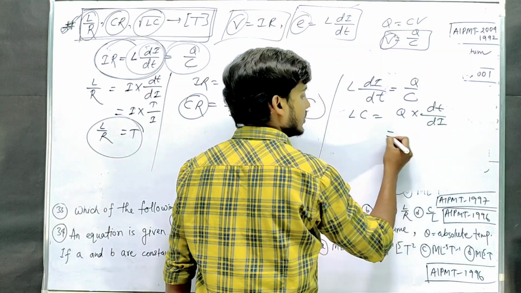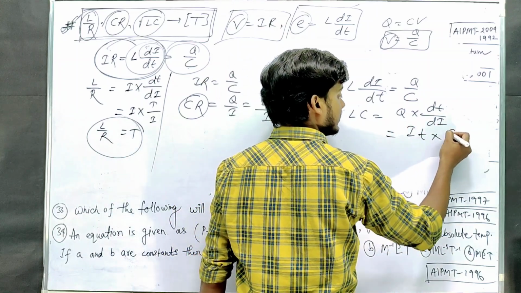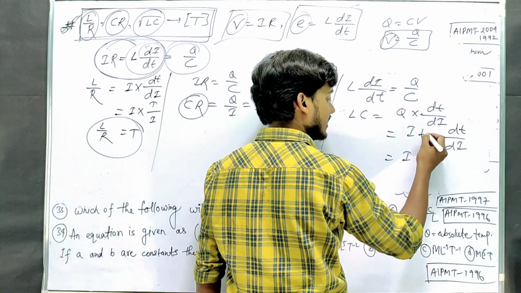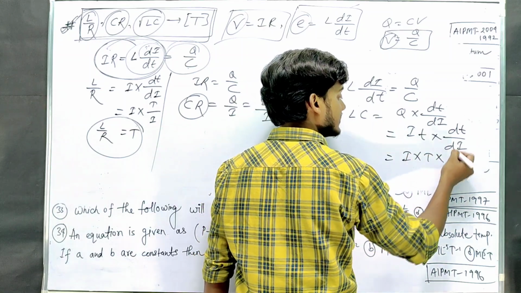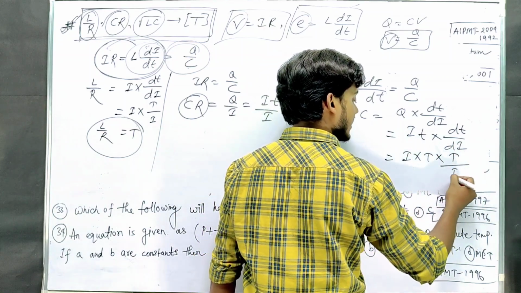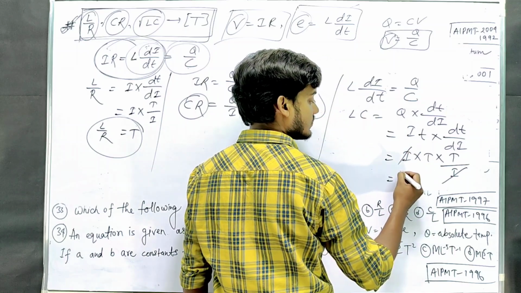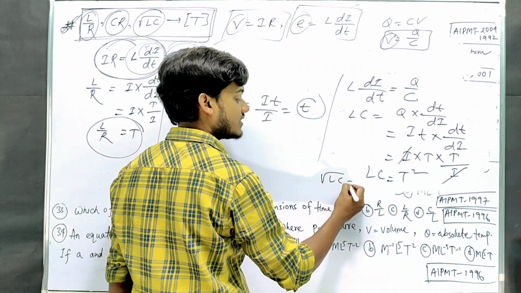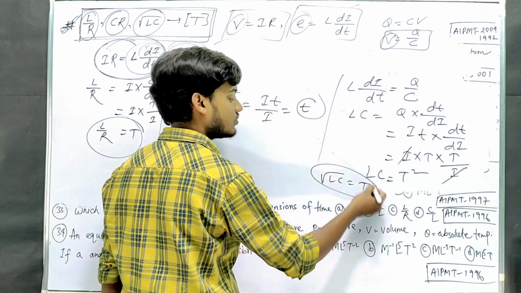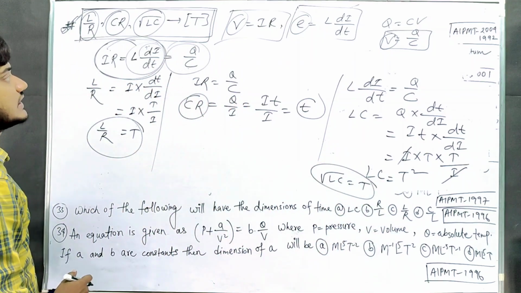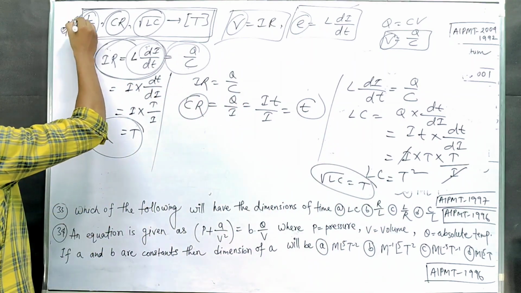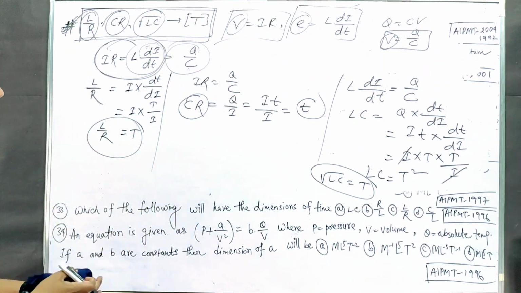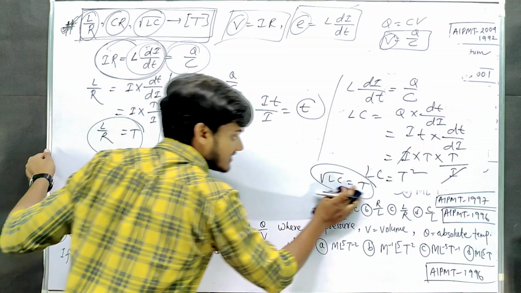Q equals IT, so LC has dimension I into T into T by I, which is T square. So root LC will be T. So this is to be memorized: L by R, CR, root LC have the dimension of time T. Next,